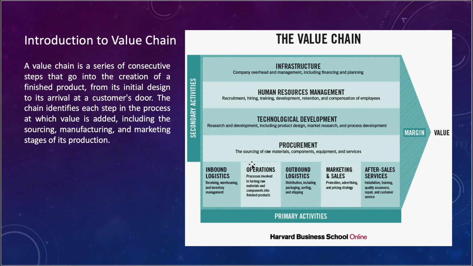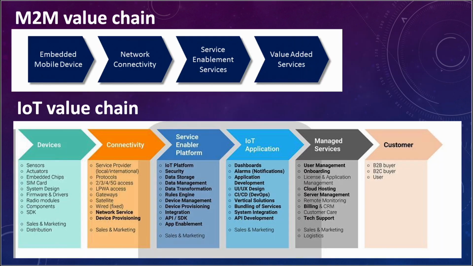So the cloud service will be the inbound logistics. Outbound logistics would be the services of maintaining data storage, transformation, rules engine, security, IoT, running the IoT platforms, APIs,